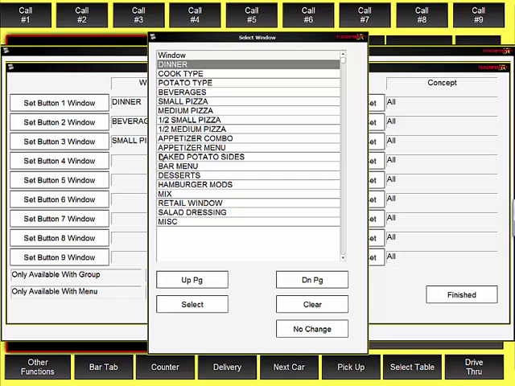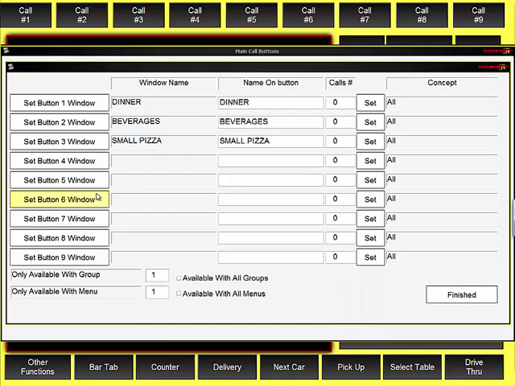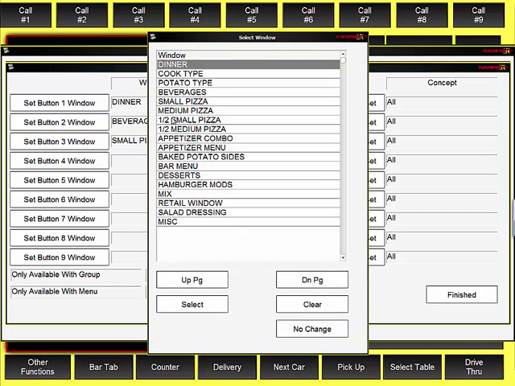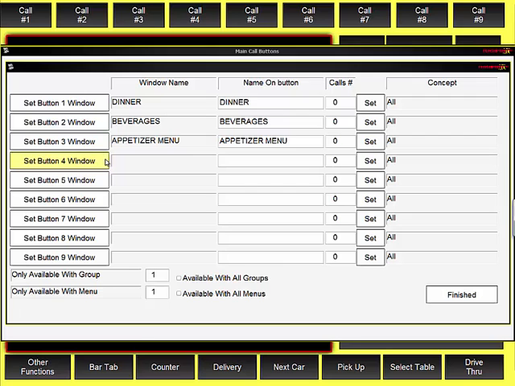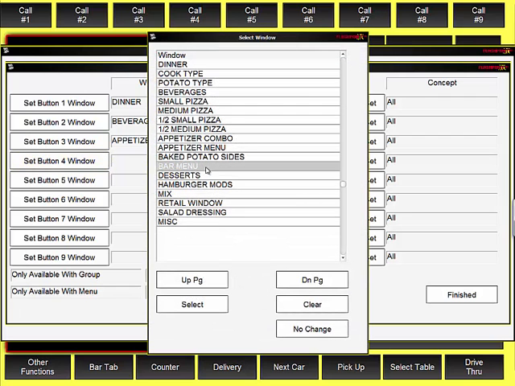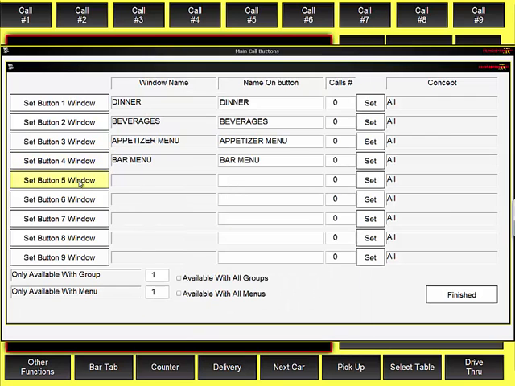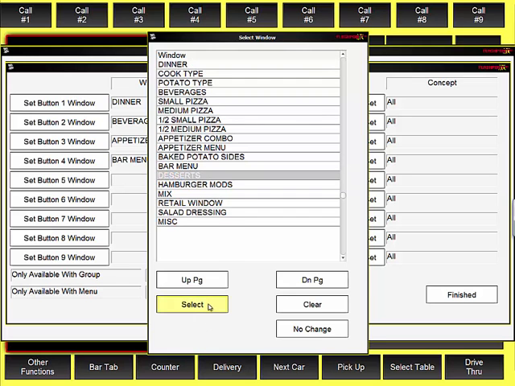If I did not want my small pizzas on this set of call windows, I can clear that. I can clear this one and change it. So I'm going to make a whole new set for my pizzas. On this one, I'm going to go with my appetizer menu, my bar menu, my desserts,